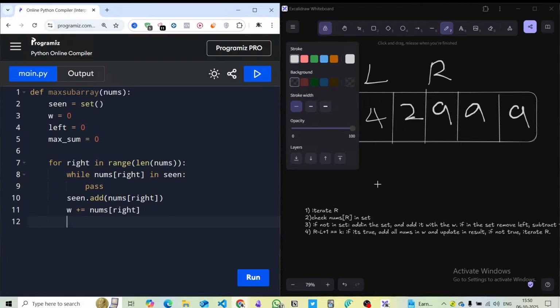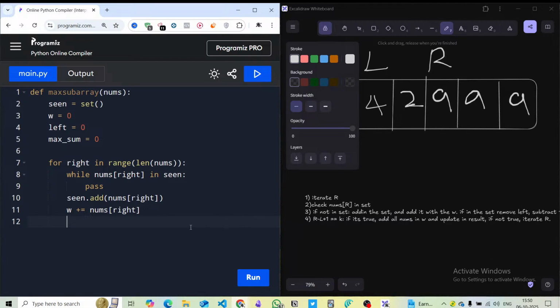And then the next one ensures whether we have duplicate elements or not. And the other one is updating, right? So for updating, if right minus left plus 1 is equal to k, and if it's true,